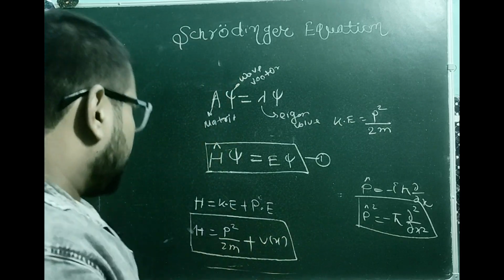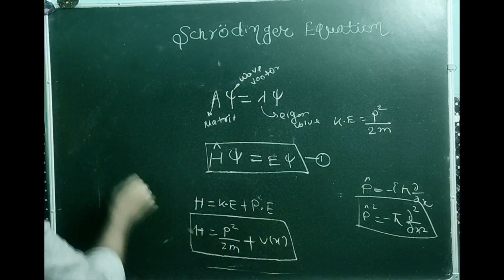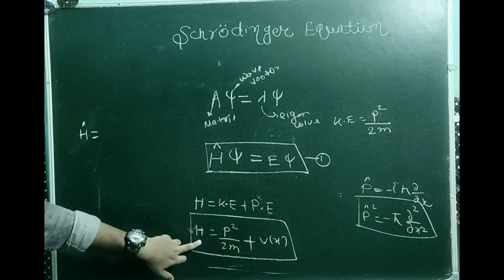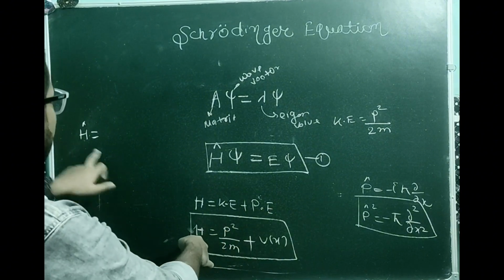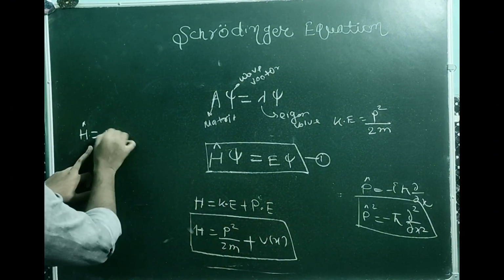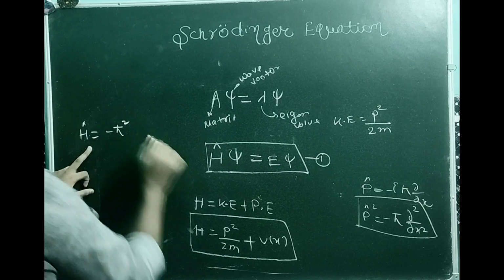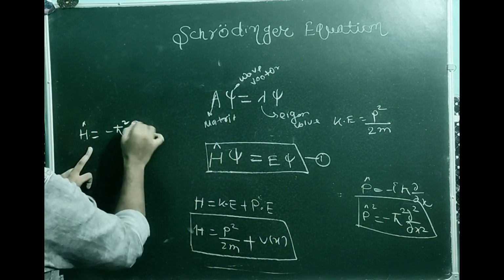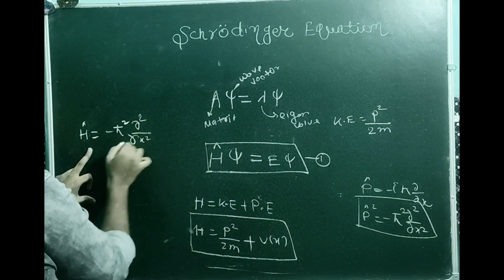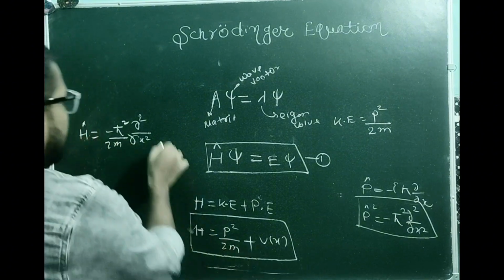यहाँ पे पुट कर देंगे इस जगह पे। तो जब हम पुट करेंगे तो मेरे को क्या मिलेगा? देखो यहाँ पे h है इक्वल टू, क्योंकि अब तो इसको ऑपरेटर में कन्वर्ट करना है तो h का क्या लग जाएगा? हैट लग जाएगा, और इसके जगह पे मैं वहां लिख दूंगा माइनस h का स्क्वायर पे h का स्क्वायर होगा del स्क्वायर और del x स्क्वायर और में 2m है, और ये पोटेंशियल एनर्जी हो जाएगा v of x।